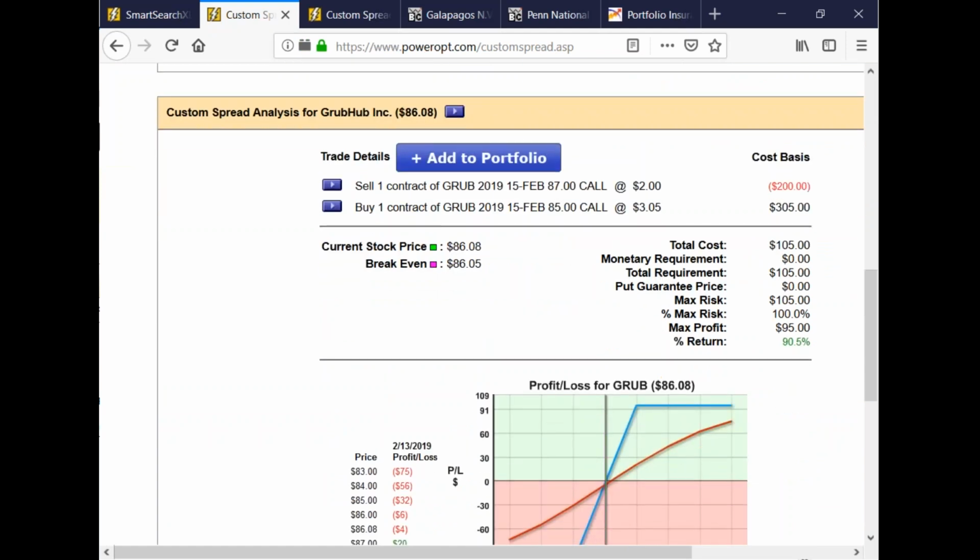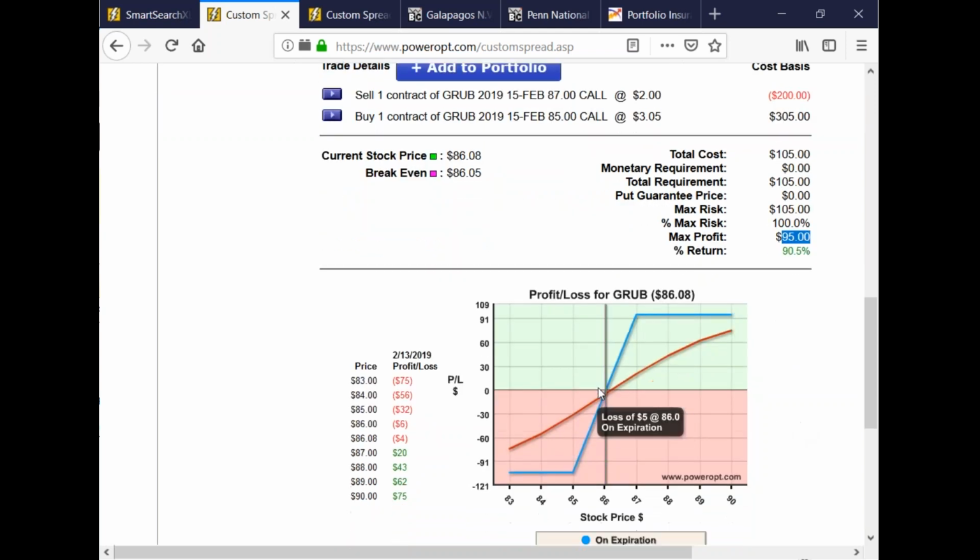Here I'm looking for sort of a 1-to-1 risk-reward ratio. And Sam comments, the idea in the bull call is you're looking for small gains and you want the stock to move 2 to 5% and close the trade. You're not looking for a home run. So his approach is to say that, yes, I'm taking a 1-to-1 risk-reward ratio. I'm only looking to make 95 cents, but I might actually close it early without expecting the full return because I'm looking for a 2 to 5% movement in the stock to close this out with a 15 to 20% profit,